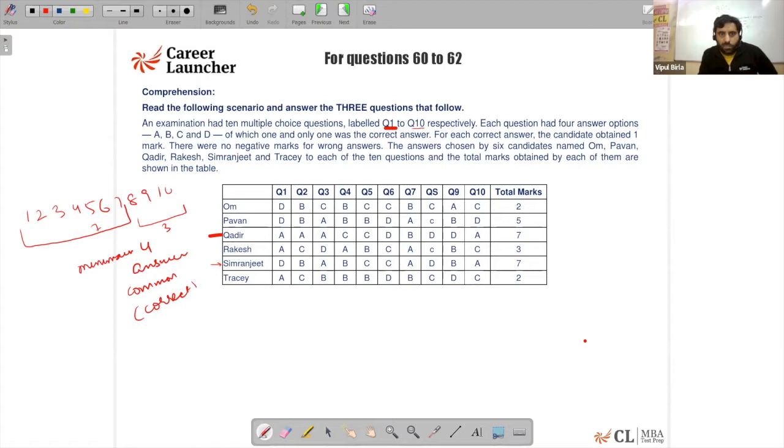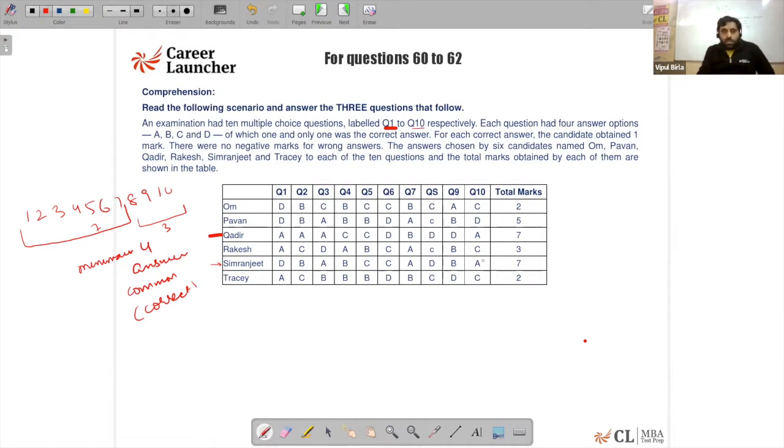So let's see what exactly they have responded. How many common values are given? So for question number 1, it is A and D, no common. Question number 2, A and C, not common. Question number 3, it is A and A, common. Next 5, C and C, common. Then we have got 7, 8, D and D, common. And 10th is A and A, common. So that means there are 4 common, right?